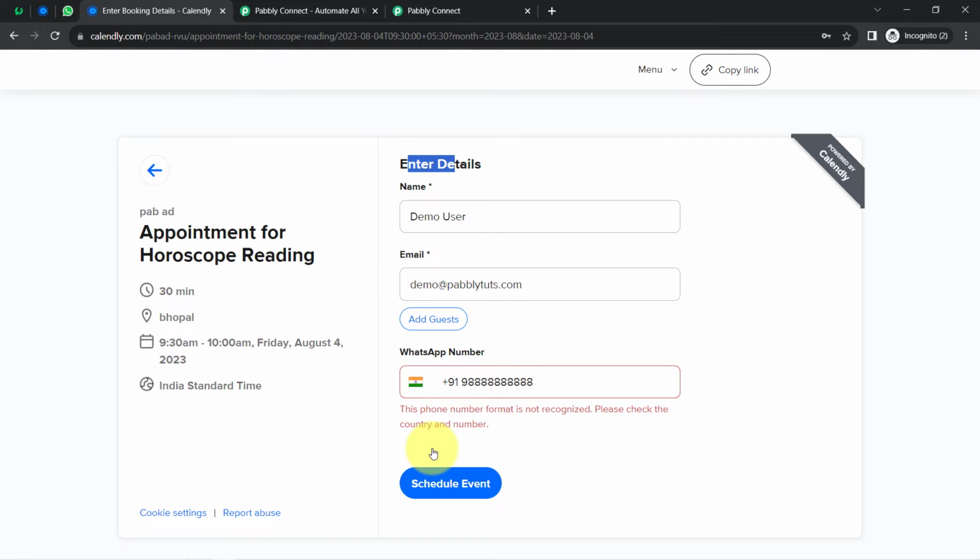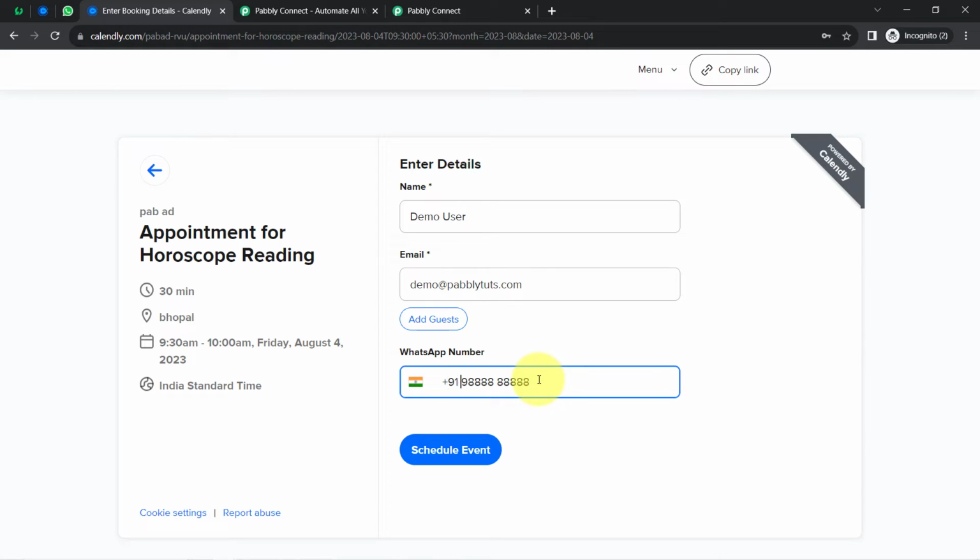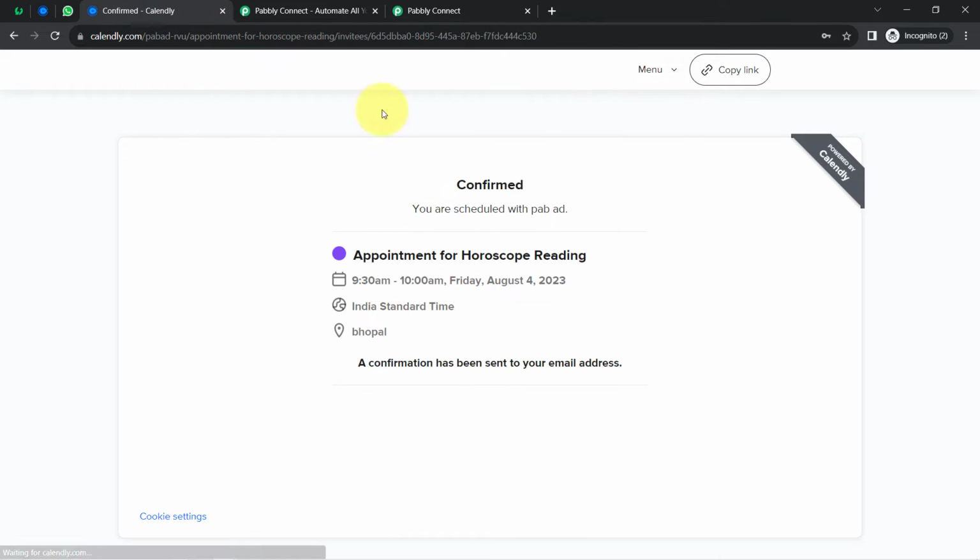Now clicking on schedule event, alright, it is saying that the phone format is not recognized. I'll have to check. Okay, I think I have added extra digits. It should be 10 digits only. 1 2 3 4 5 6 7 8 9 10. Okay, now clicking on this button once again, and as soon as the appointment is scheduled here, you will notice